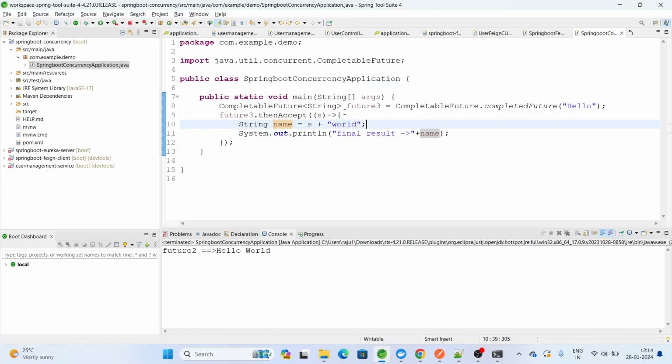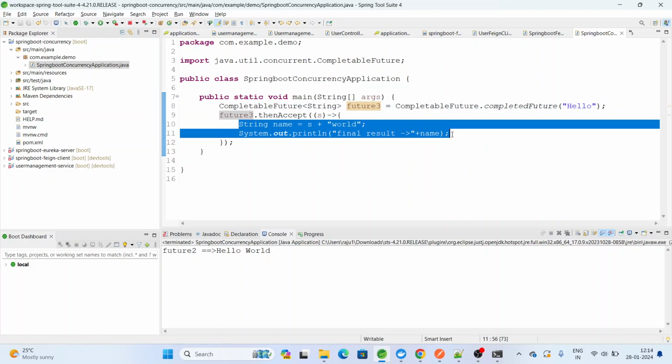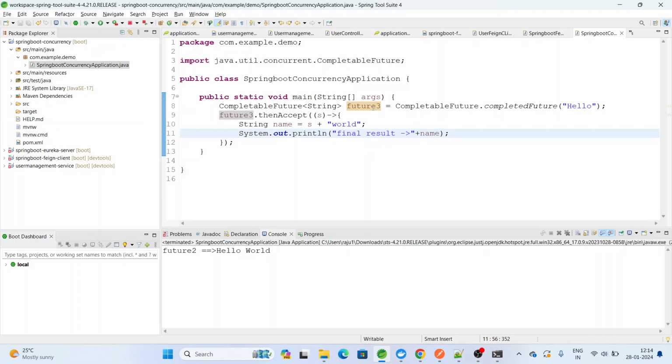Here I am accepting the future 3 result and doing some concatenation. You can do anything, any code you can execute in this block. You just have to accept the result of the previous future, that is future 3, and use that result